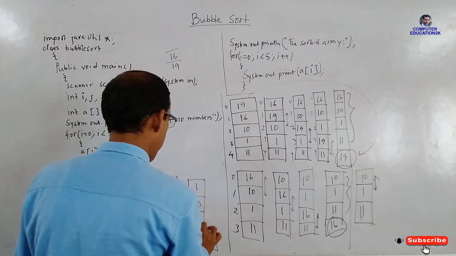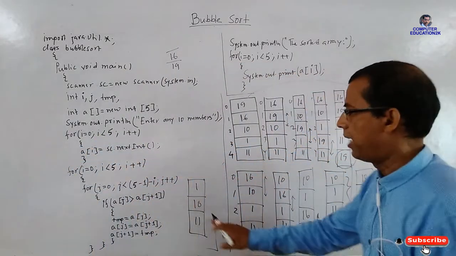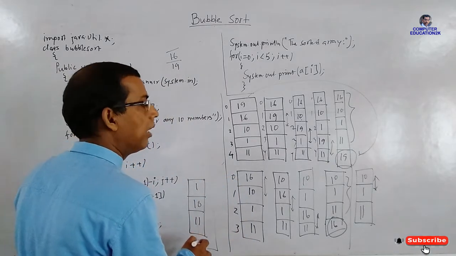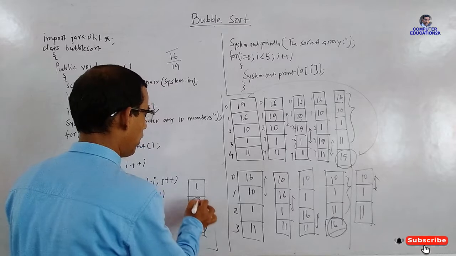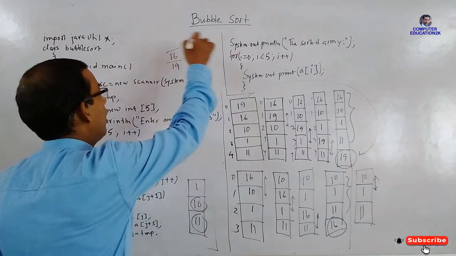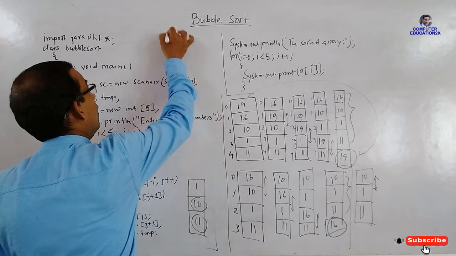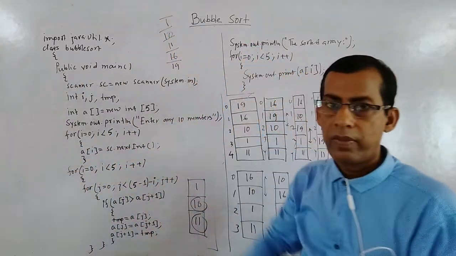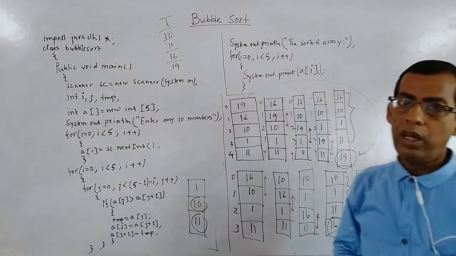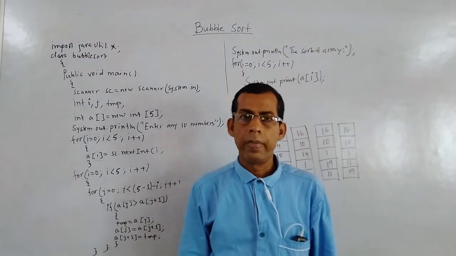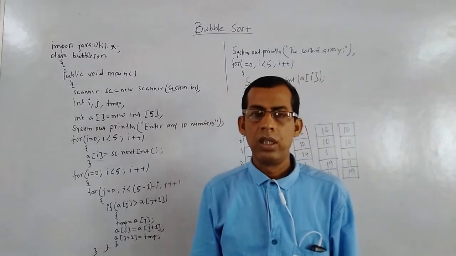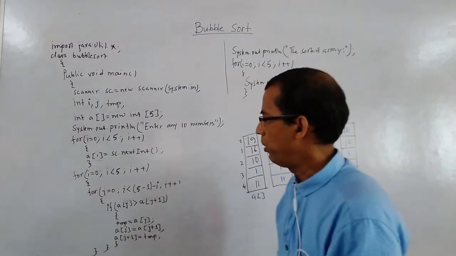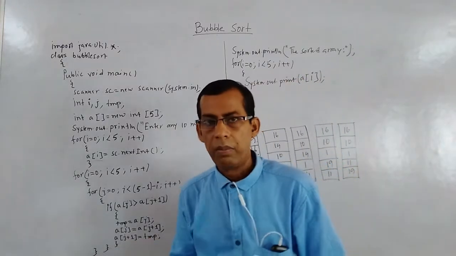And then the large value 11 will be as it is. Okay, so now you can see 11 is already sorted, 10 is already sorted, and 1 is already sorted. So this will go here. 11, 10, 1. Now you see the numbers are sorted. So this way bubble sort will work. Okay children, you have understood the logic in which the bubble sort works. So now let's do the program on bubble sort.